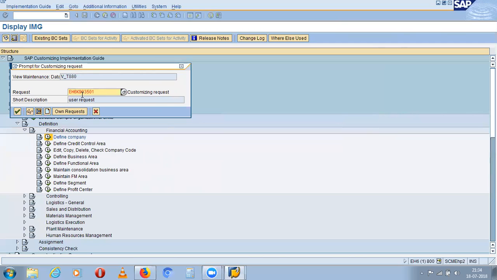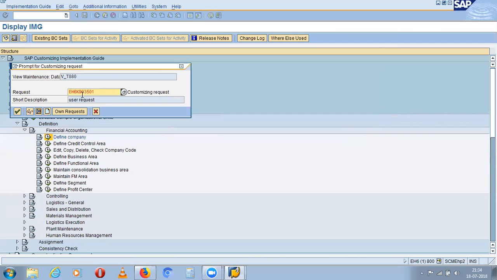So this is a transport request wherein whatever you create or save will be saved in some place, and this ID whatever you are getting, EH6K, is a series which gives you the transport ID or the saving ID.